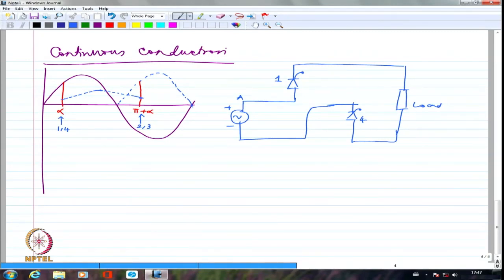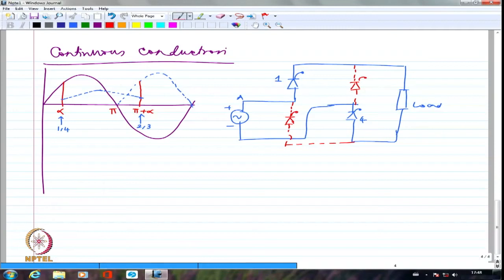At this juncture, anyway 2 is sitting here, but it is not conducting. Similarly, 3 is sitting here, and that is also not conducting. Both of them are sitting here, right? Now, until here it is very clear. Until pi it is very clear, I will have definitely 1 and 4 conducting. After that,